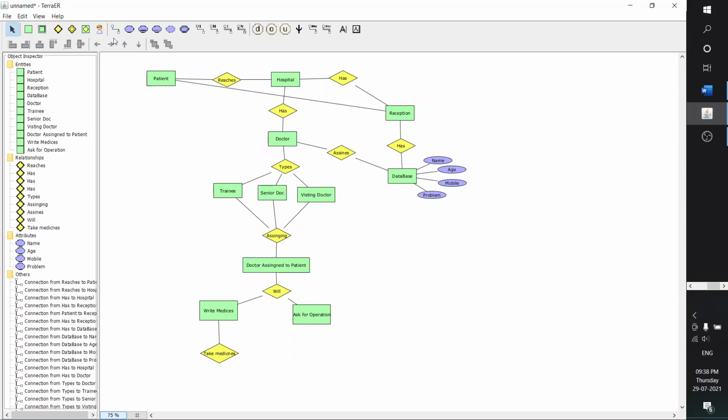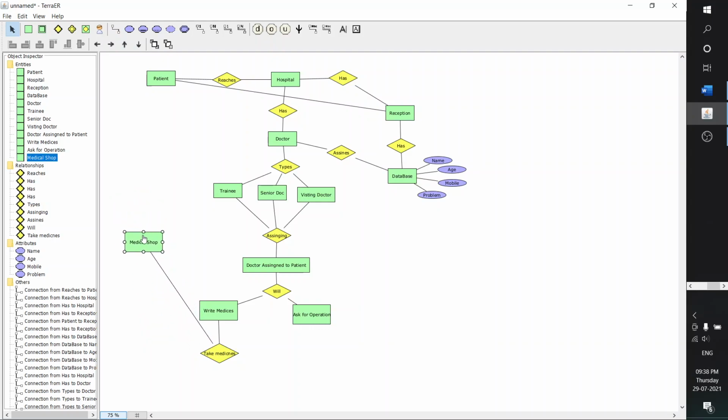To take medicines you need to get into the medical shop. He will get into the medical shop for taking the medicine.